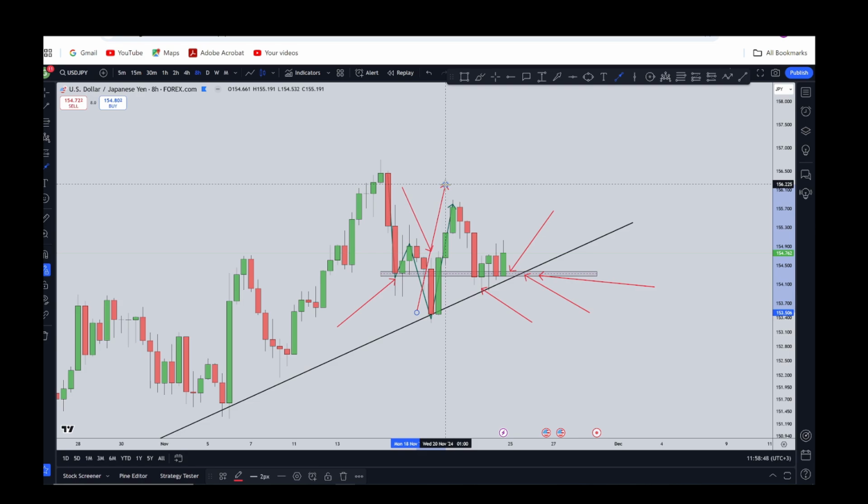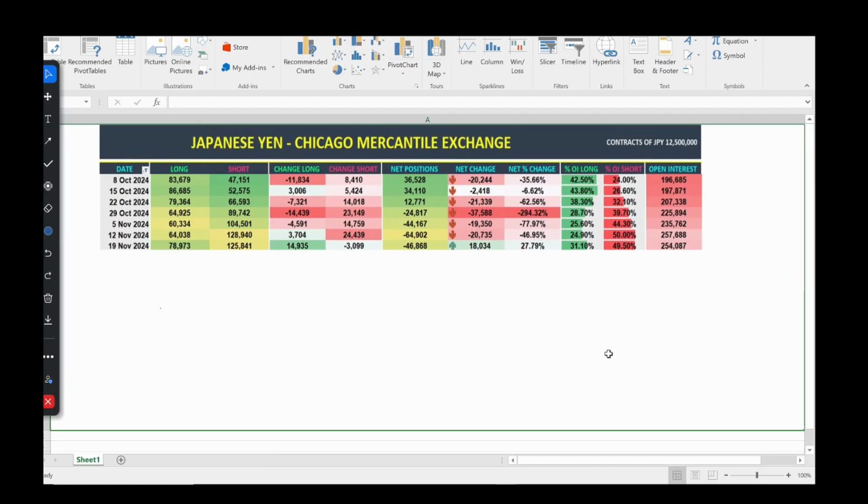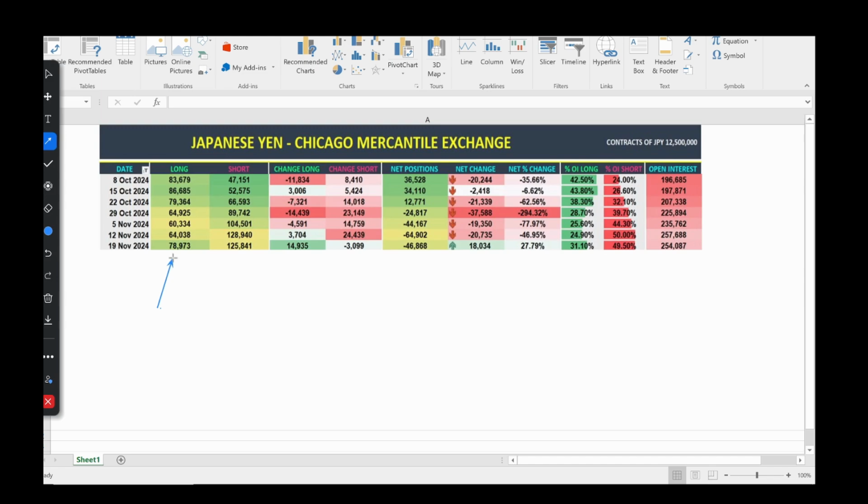Now I want us to look at the order flow analysis to see what the big boys are doing in the market. That's the big players such as banks and hedge funds, so we can see what direction they're executing their trades in as far as this USDJPY currency pair is concerned. Now, looking at the order flow analysis of the Japanese yen, remember, every instrument on the market is traded against the US dollar. You will see with the latest filing that the longs were 78,000 while the shorts in the yen were